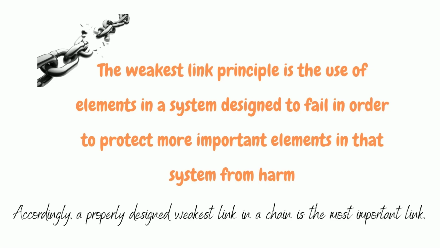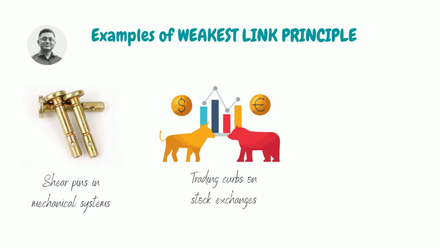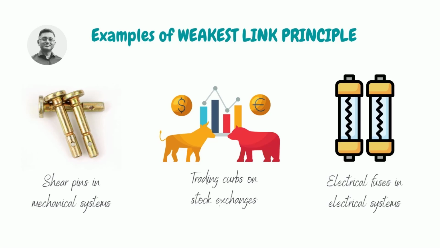Accordingly, a properly designed weakest link in a chain is the most important link. Examples include shear pins in mechanical systems designed to shear off if the load of the system passes a critical threshold, and trading curbs on stock exchanges, which automatically shut down an exchange in response to a substantial drop in value, or electrical fuses in electrical systems designed to melt and break the circuit if a surge of current risks